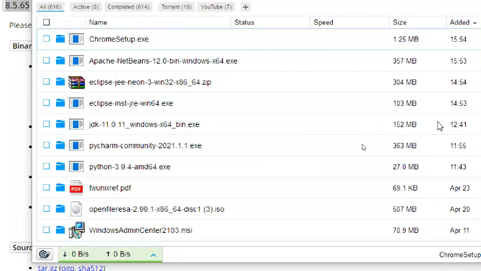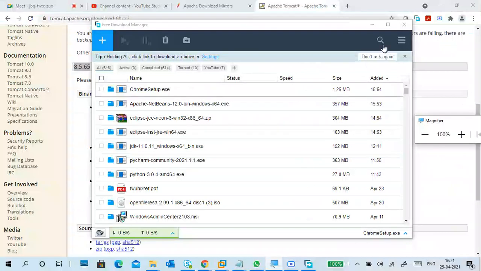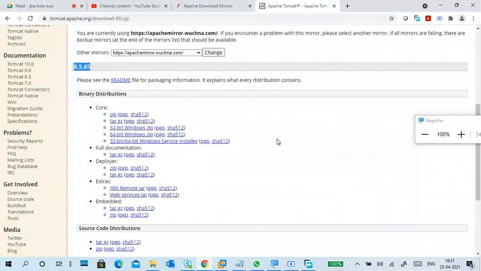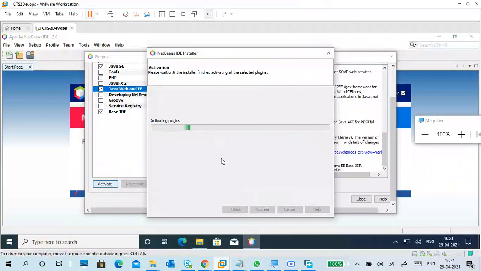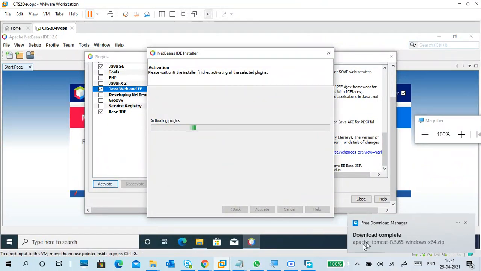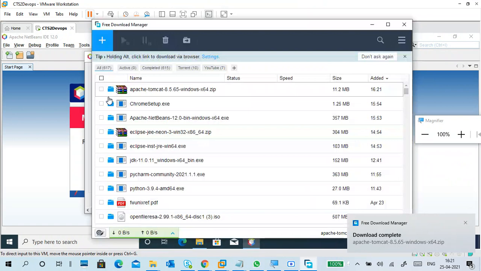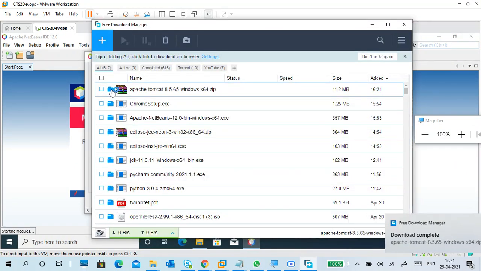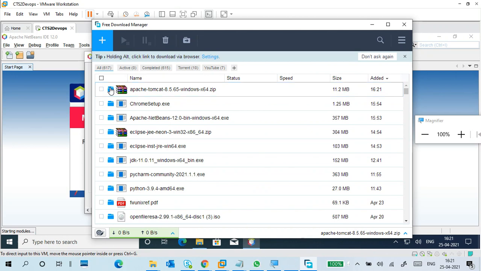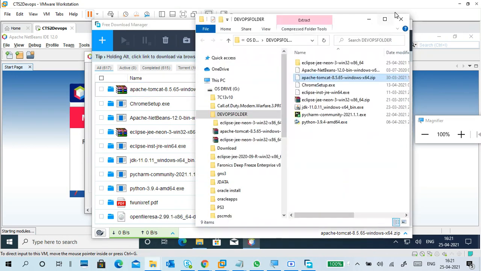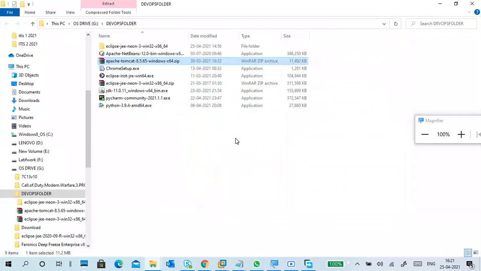So 11 MB. Okay. Because I want to show you how to add a server to NetBeans also. But still it is going on. It is downloaded also. Okay. It is already downloaded.